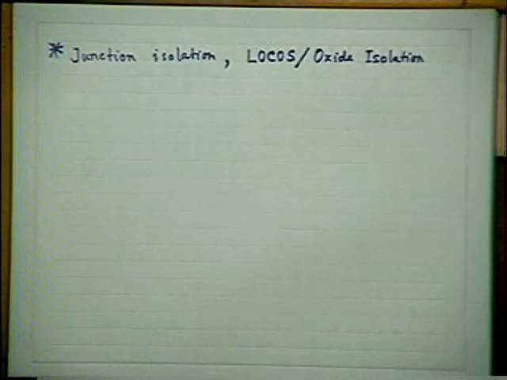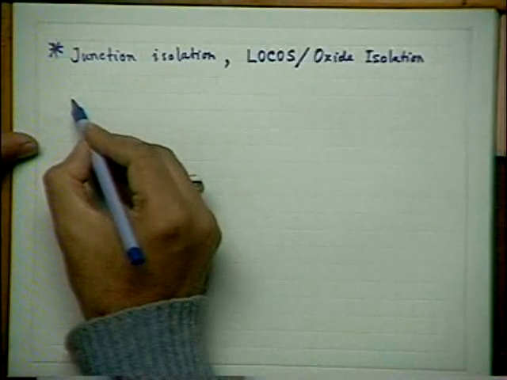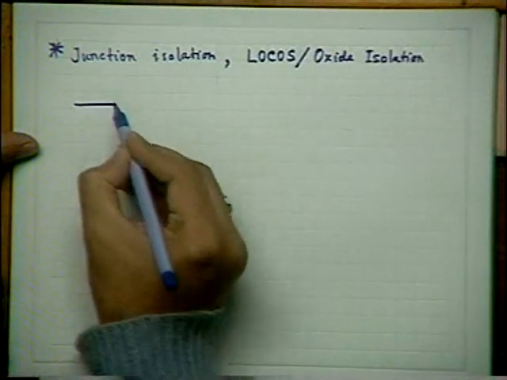Junction isolation did not serve the purpose because of the lot of capacitance involved with the different islands, which ultimately, due to the very large capacitive leakage at high frequencies, prevented the use of such ICs for very high frequency, high speed applications. Thereafter, you remember that the sidewall component of capacitances, which constitute the maximum value of capacitance, were reduced or almost eliminated by the use of oxides to substitute silicon between the islands. This point I discussed in the last class. So let me go briefly over what I told you in the last class. I told that at the end of such oxide isolation,